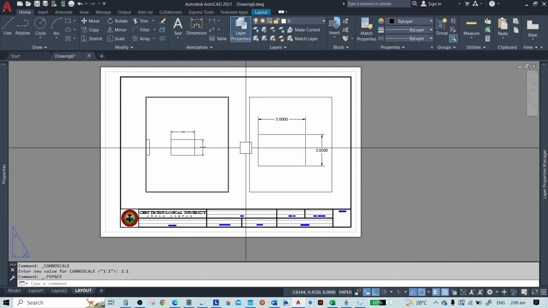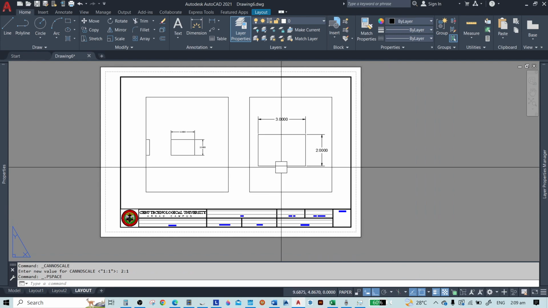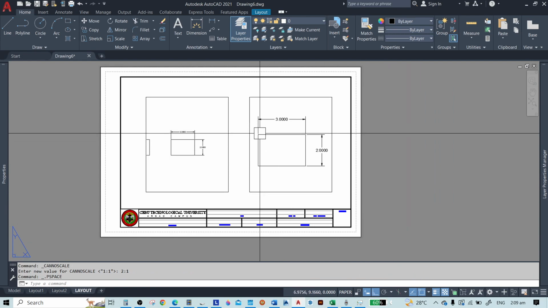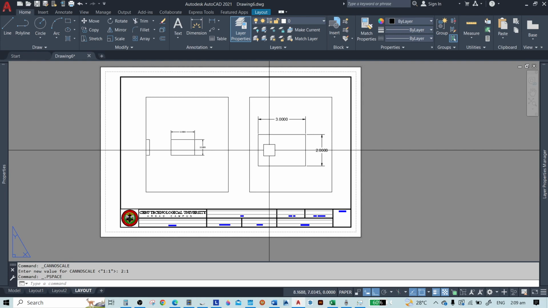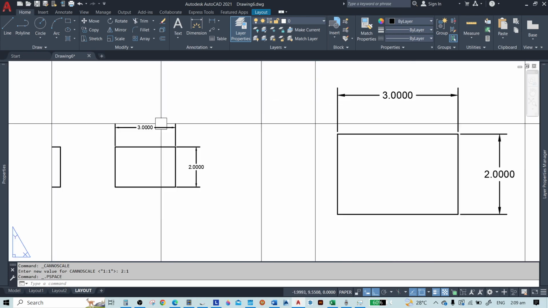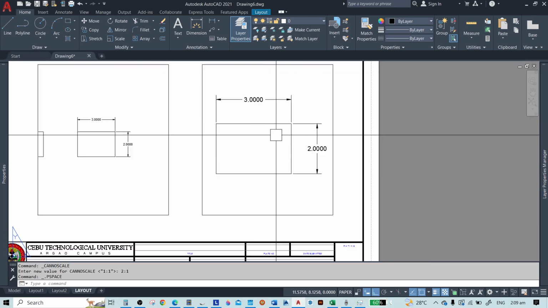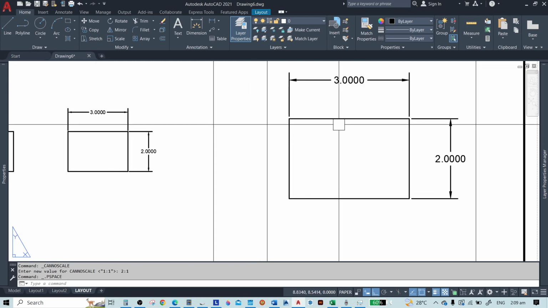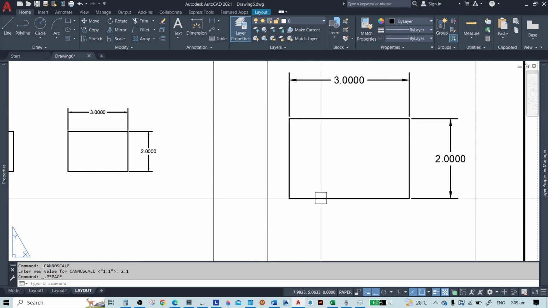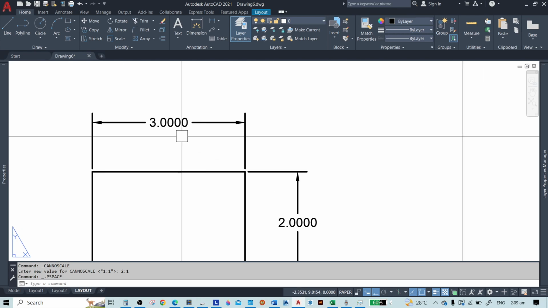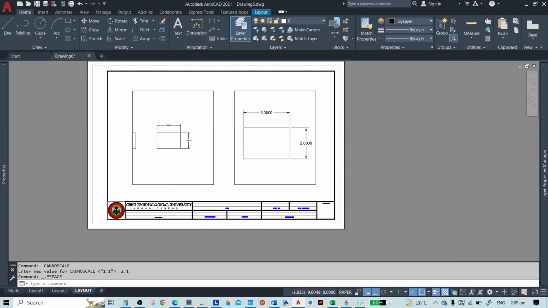Now this is in centimeter, because this is not a custom scale. Now as you can see, the text in the 2:1 became bigger together with the drawing, right? So as you can see, this is smaller.